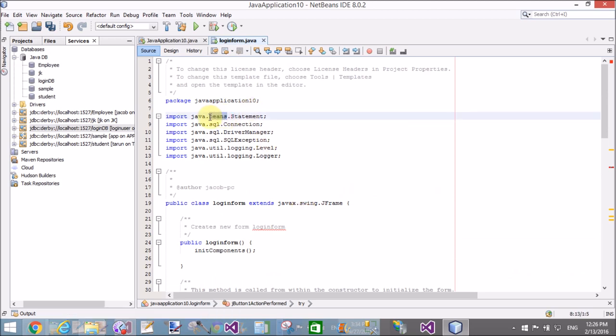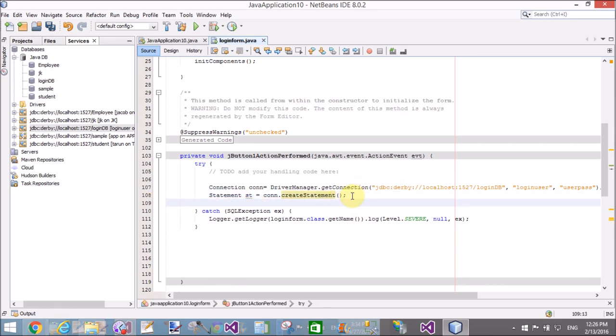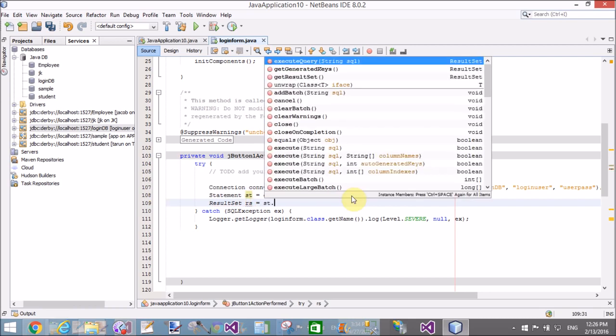You can see that java.beans is added in the package. Remove this. Actually, the actual package of the Statement class is java.sql.Statement. Okay, now use the ResultSet. rs equals st.executeQuery. You can execute the query by using this